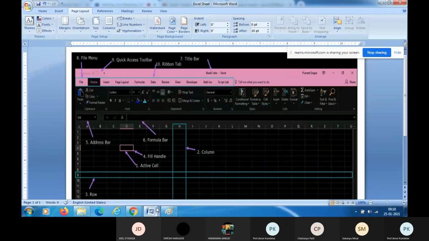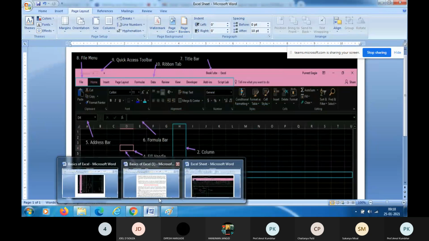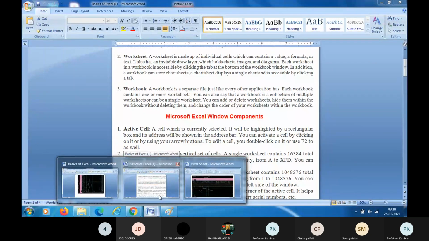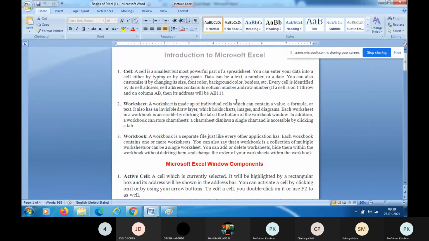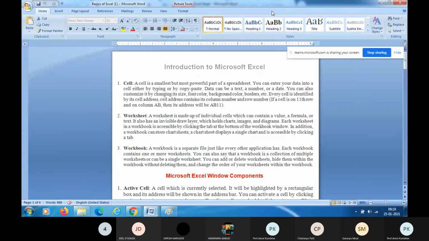So let us first understand what the active cell is, what the address bar is, right? So let us learn some basics of this worksheet. Introduction to Microsoft Excel. First, we are going to study what a cell is. A cell is the smallest but most powerful part of a spreadsheet. You can enter your data into a cell either by typing or by copy paste.